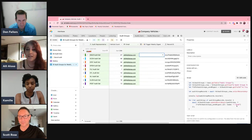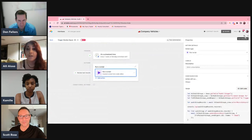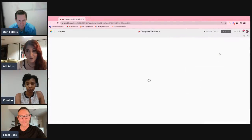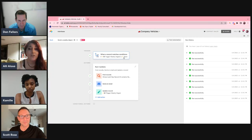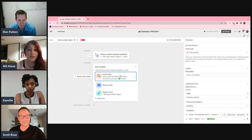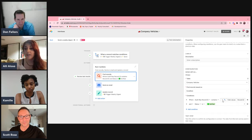So as soon as that gets set to send, for example, then I have a second automation. This does involve, just like Scott's, another automation, but essentially only triggered when that is set to send. And then it's going to go find records. Basically, now it follows exactly the same thing as the built-in weekly digest, where it'll go find records, but it